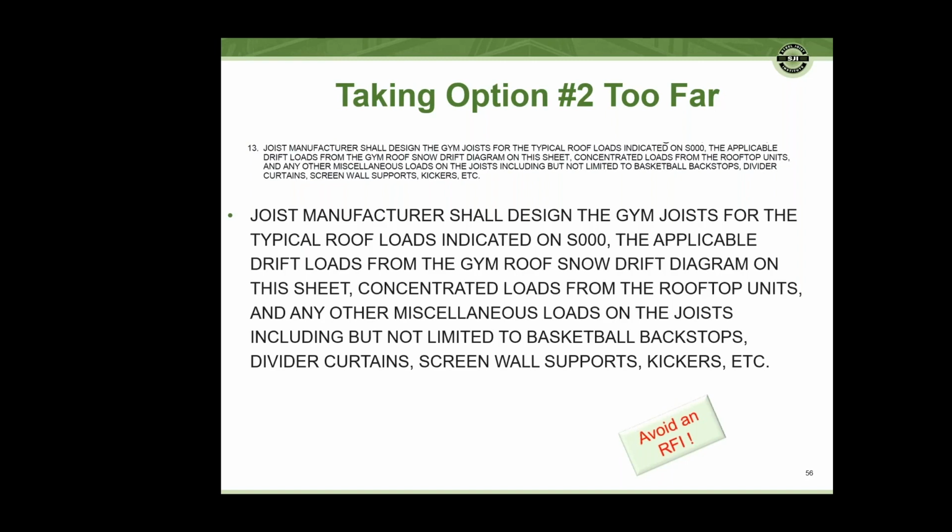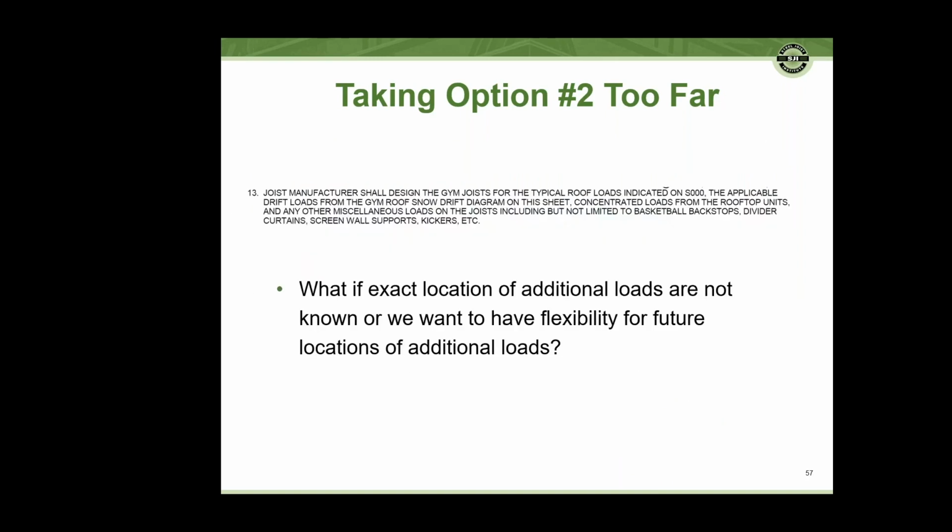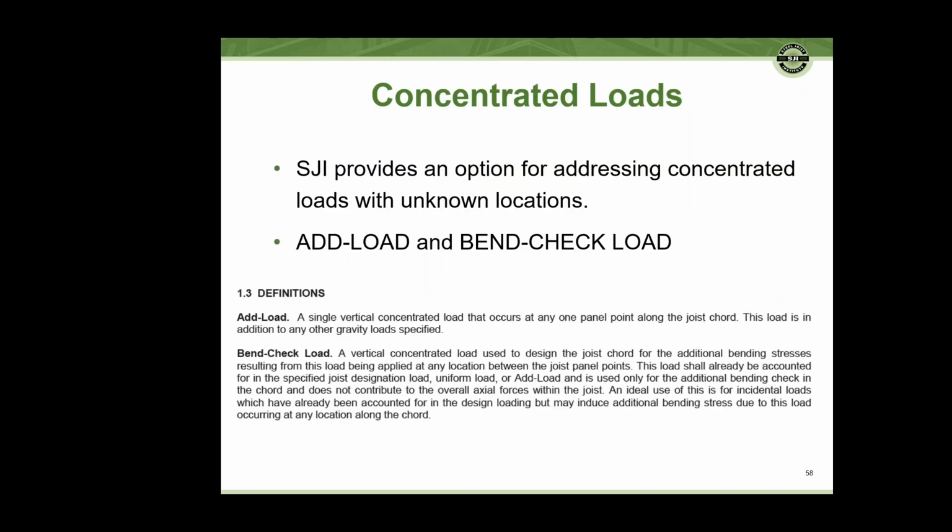So clearly this is going to lead to a lot of RFIs and the joist manufacturer not knowing exactly what all needs to be covered. The specifier needs to define what loads need to be addressed in that joist design. But then the question is, sometimes even the specifier doesn't know all of the exact loads and locations, wants to have some flexibility for locations of loads or flexibility for future loads and locations, and what are some options there. So before we go to option 3, we want to start with SJI provides a way of addressing